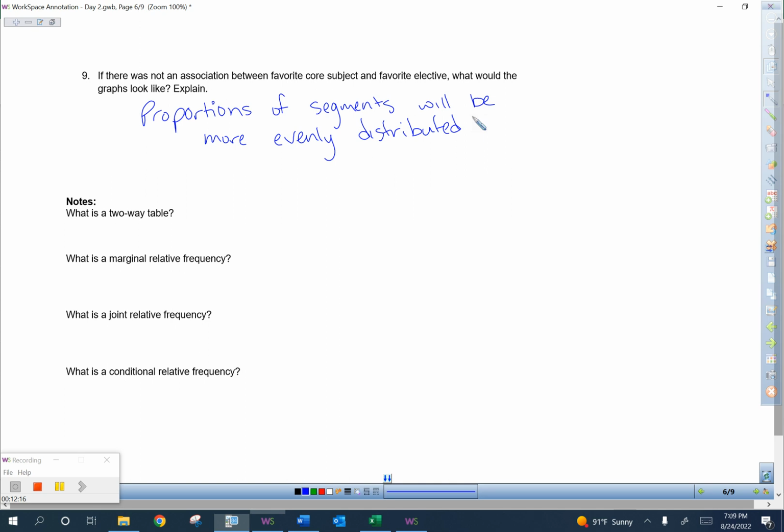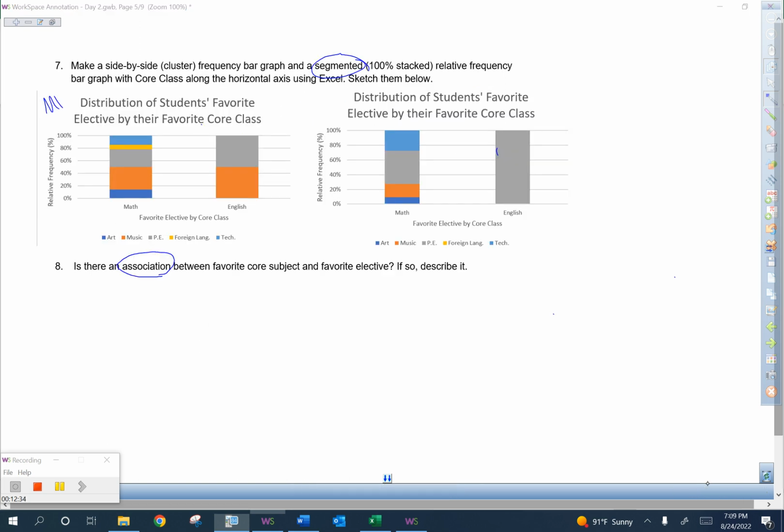Okay, and that's not going to be perfect. It's not going to say that there would be an equal amount in each. We know in practice that doesn't happen, but they would be more even than seeing that 50-50 or 100% on one. Now I do want to talk about one more thing, and I talked about this with a couple groups,